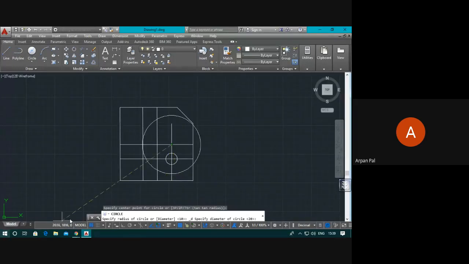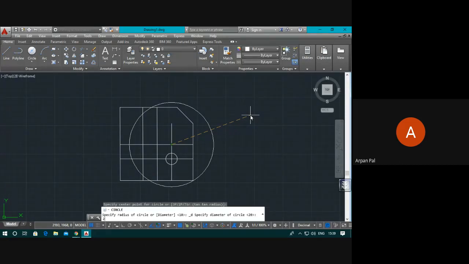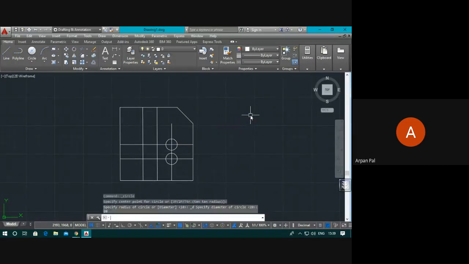Diameter, you just move your mouse. If you click here, then this amount of circle will be made. Just like the line, you can make it arbitrarily, or you can make it by giving the proper dimension. So again, you give the diameter 20, enter.